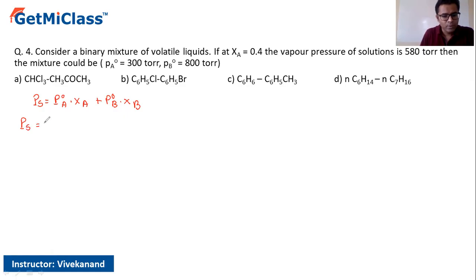So it is equal to P naught of A, that is the 300 as they have given us, into chi of A, which they have given us as 0.4. Plus, what we have is P naught of B, that is 800, into chi of B. Now let's understand this particular